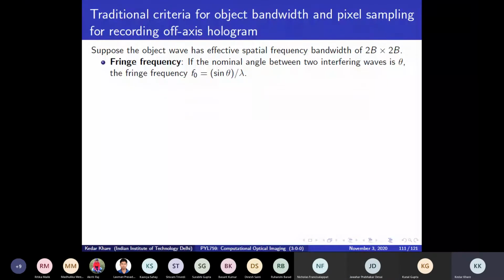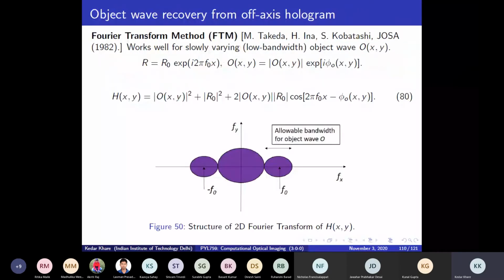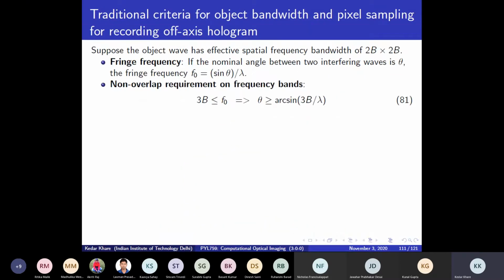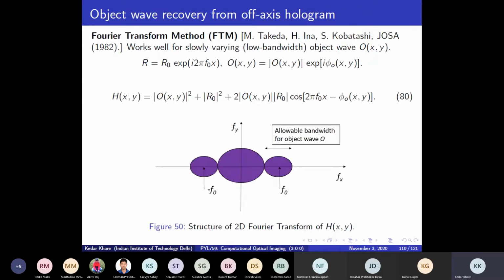So this is the frequency that we are interested in when we think about the Nyquist rate. Well, we are interested in a slightly higher frequency than that, because if you look at this picture, the total extent along the x-axis of this Fourier transform is actually 2 times f naught plus 2 times b. And so our Nyquist rate will have to conform to this somehow. And we need to make sure that, suppose my object wave has a frequency